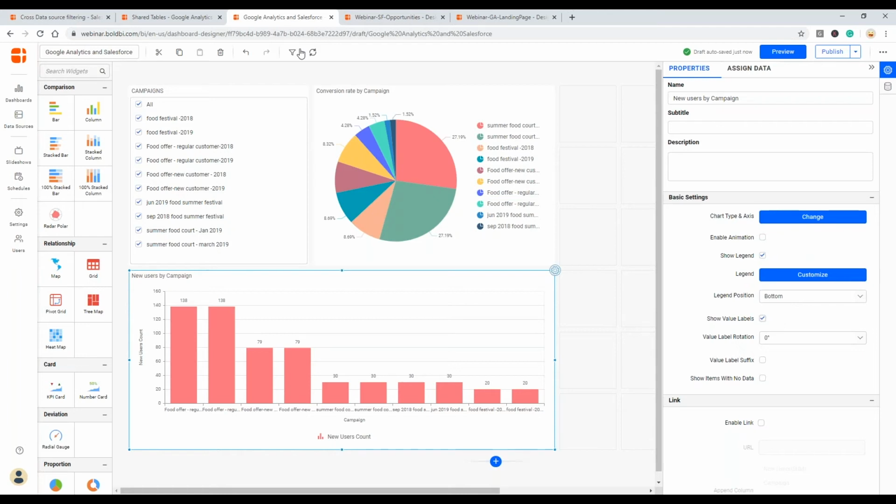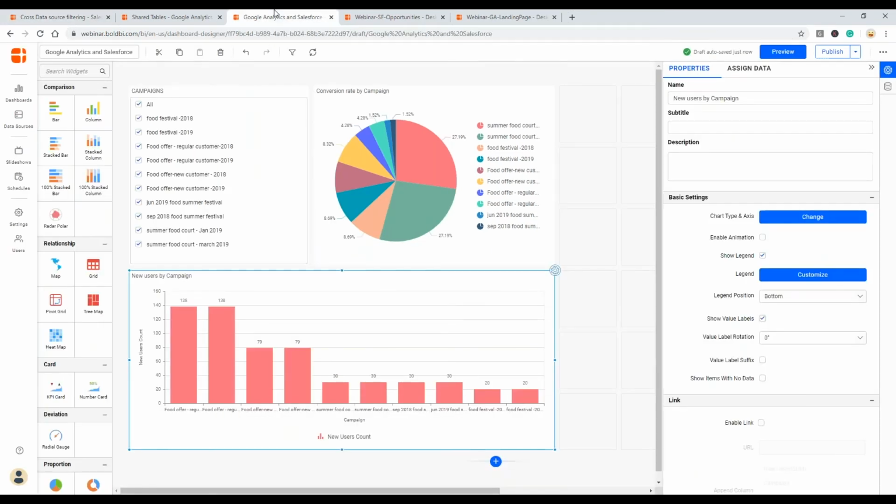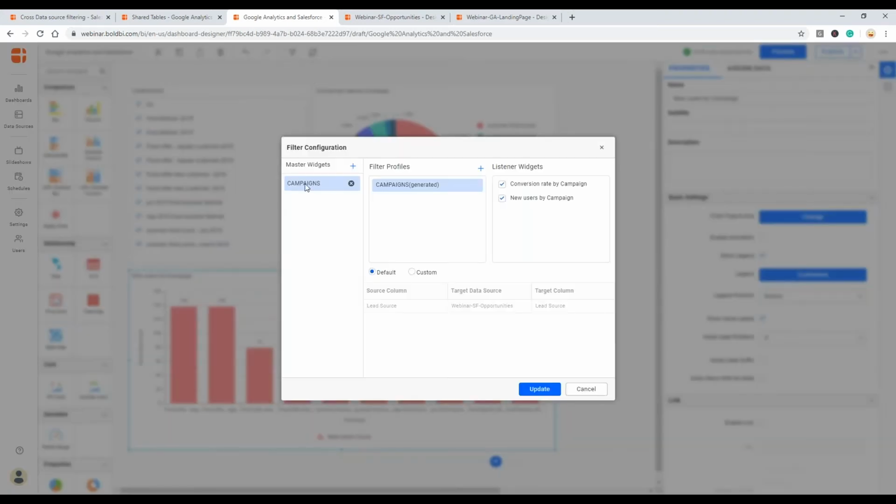And one more thing, as I told you in cross data filtering, you can combine two data sources. Their values will be the same, but the columns have different names. So to enable this cross data filtering, just click this filter icon in the dashboard designer, where you can see this filter profile. Go to custom, and you can select the columns which need to be combined.